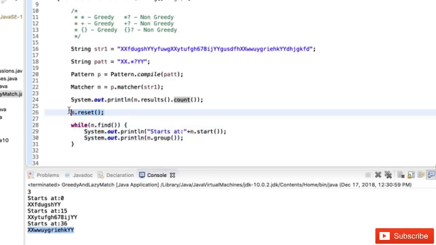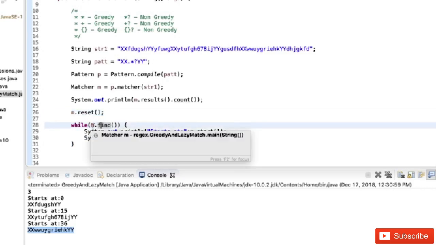So that's why we reset it. We reset the pointer to the first match, the very first match from the group, and then we used it inside the while. So that's the thing. So very important but very easy concepts again,